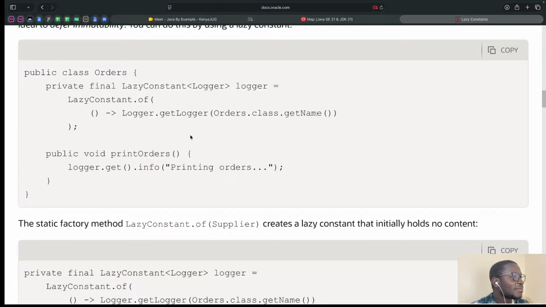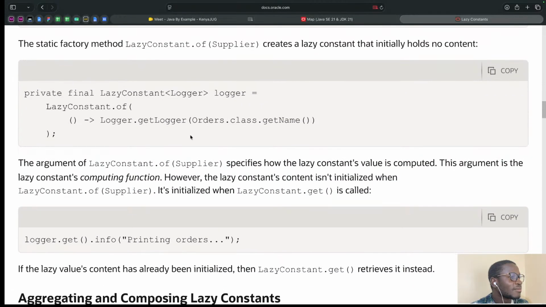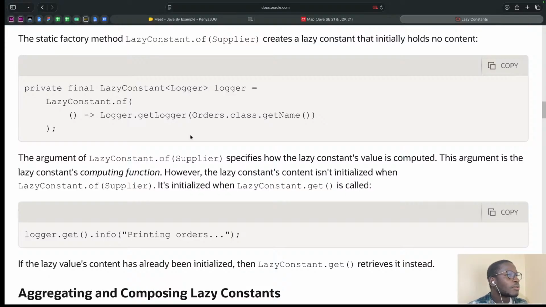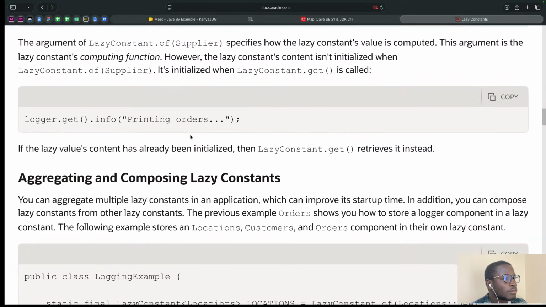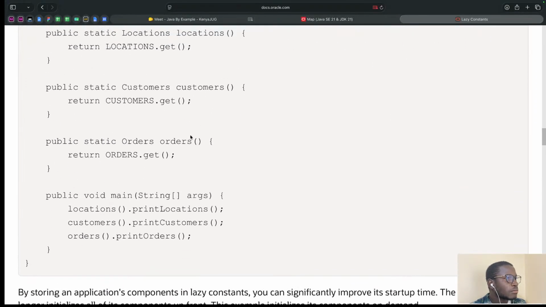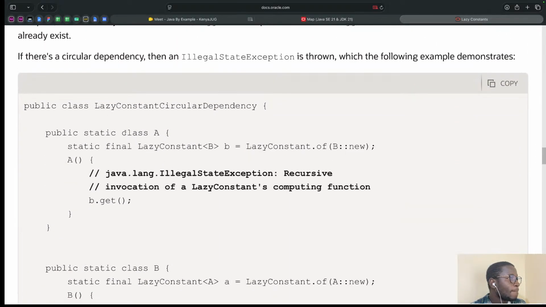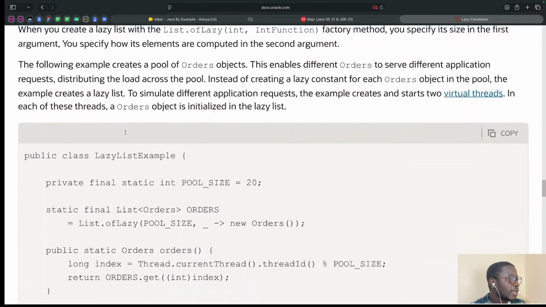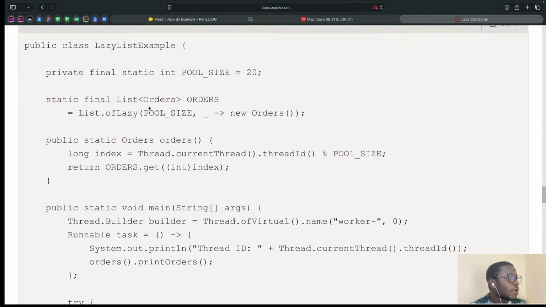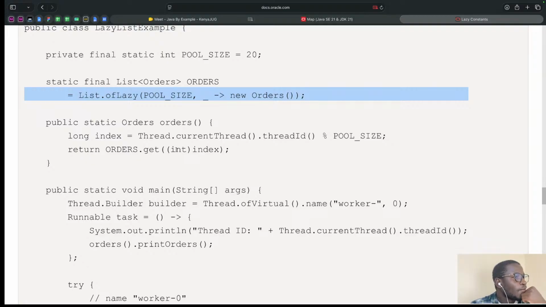Yes. But now, for the map and the list, they decided, because there's no point in creating a separate map and list type when we already have an API for that, why not add the methods in the map itself and the list itself? If you scroll down, you'll see the introduction of the lazy list. So we have List.ofLazy. The idea is that maybe the new orders are expensive,